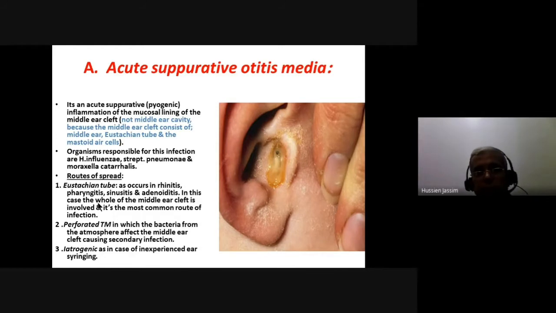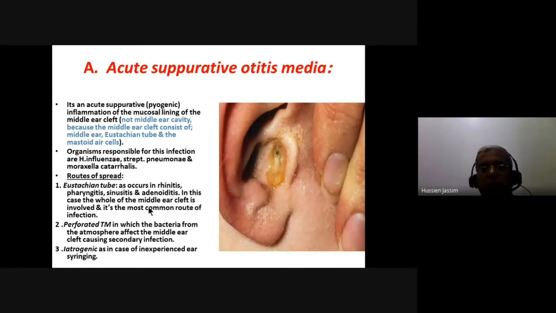When the Eustachian tube closes, the middle ear cavity will have a negative pressure. This negative pressure will cause the absorption of the oxygen first, then the volume of air will decrease, and then we will have a negative pressure. Then there will be extravasation of fluids from the middle ear mucous membrane, and this fluid will start a long journey to cause all the types of otitis media, as we will see.